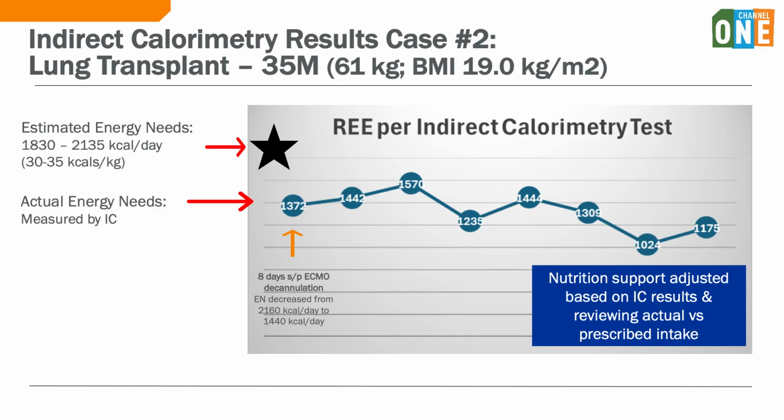If you look here on the graph, our patient weighed 61 kilograms, which was his lowest dry weight. We estimated his calorie needs to be 1,830 to 2,130 calories, or 30 to 35 calories per kilogram. Our patient was started on enteral nutrition support plus or minus an oral diet for 3 days from his admission to our organization. After the ECMO cannulation, our patient was on enteral nutrition support only for 3 weeks, and then